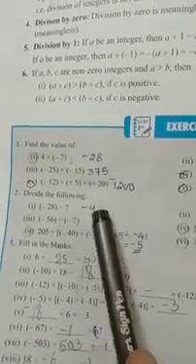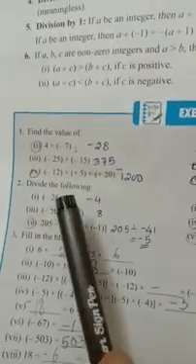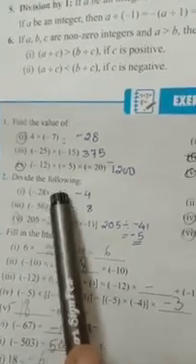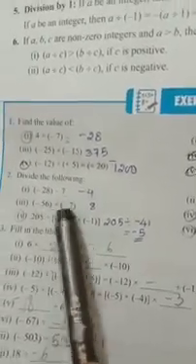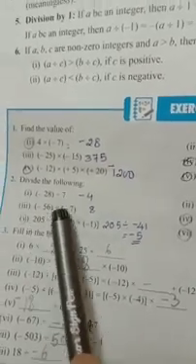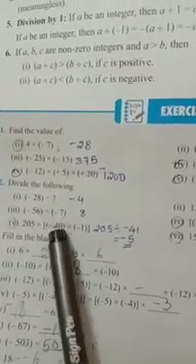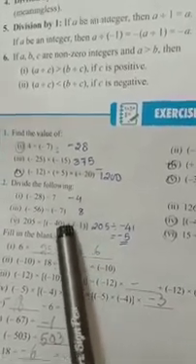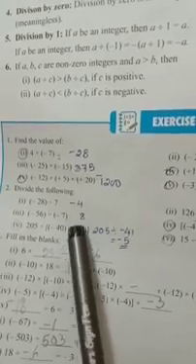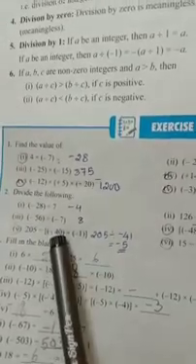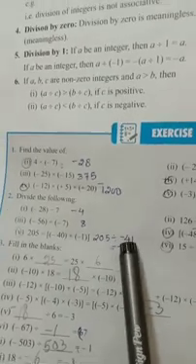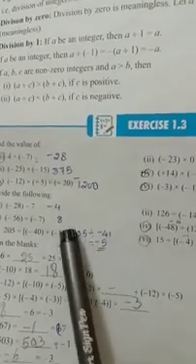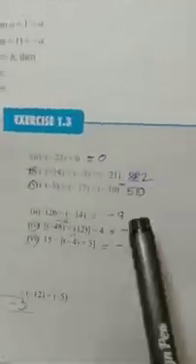Now divide. Just like multiplication, sign only you have to check it out. Division, you have to divide. 28 by 7, everybody knows 4. Now different sign, then it will come negative. Here also divide. Same sign, it will come positive. Here first you have to do the bracket. Minus 40 plus minus 1. Two signs coming together, you have to combine this. Different sign negative. Minus 40 minus 1 equal to minus 41. 205 divided by 41, that is 5. Different sign, answer is negative.